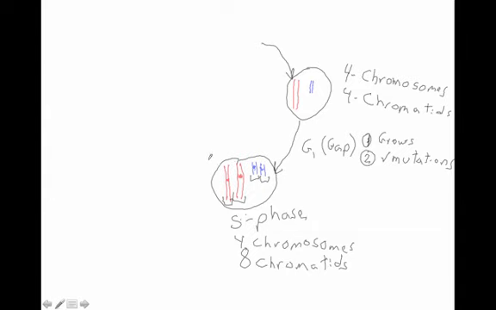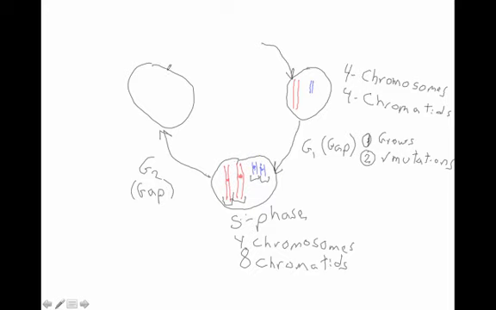Now the cell is going to enter into G2. And again, we have our same cell. In fact, the cell doesn't change any between S phase and G2, except that it grows a little bit. G2 also stands for gap. I guess we can write that here, gap. Just like on the previous gap, what we're looking for here is to make sure that this cell is ready to enter into the next and last phase of the cell cycle. So it grows a little, it checks for mutations, make sure there's no mutations that occurred in the S phase,